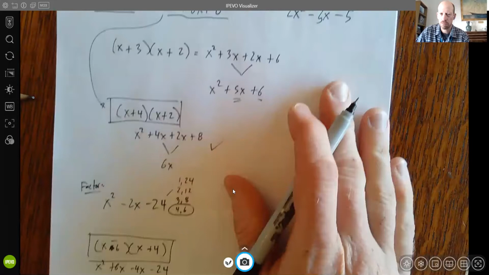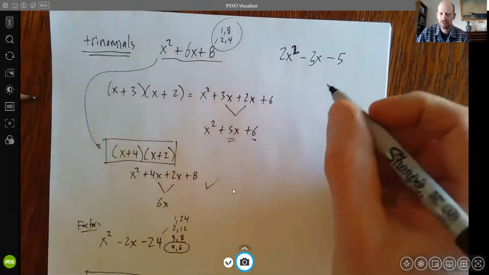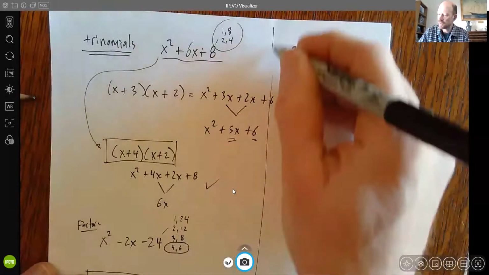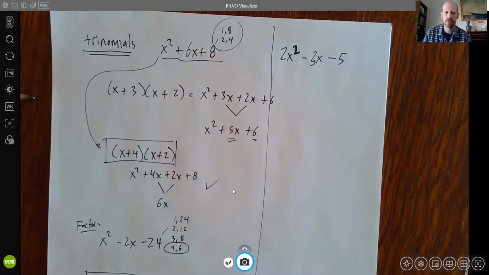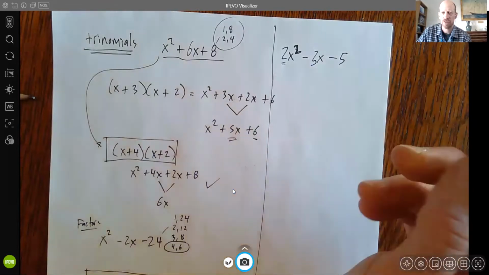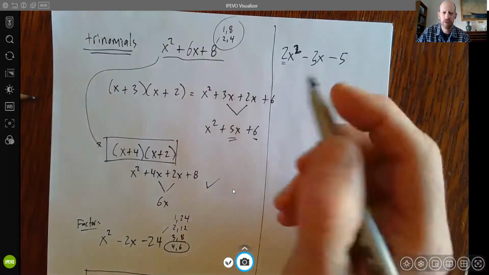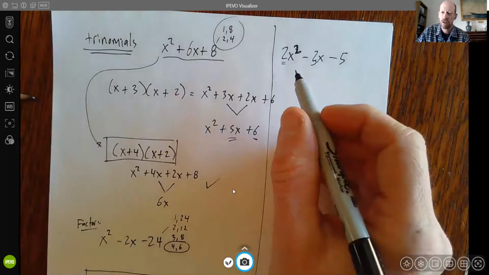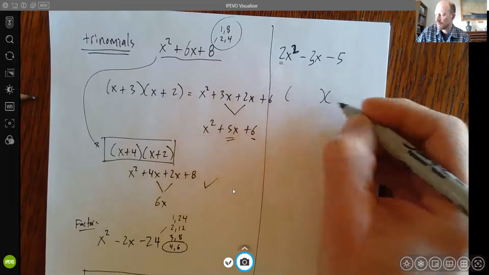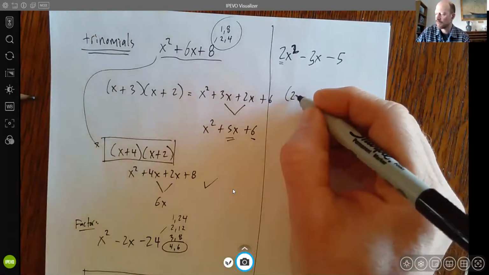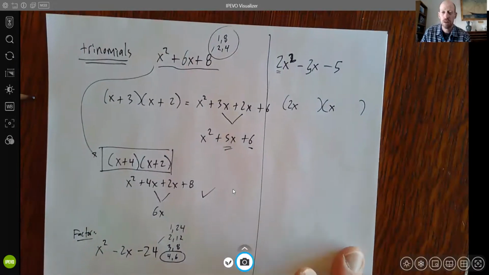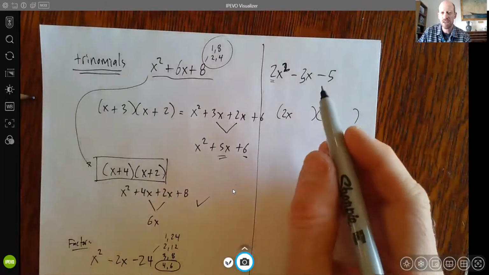Okay, so let's go back to this other original problem. And you'll notice it's slightly different than the last couple that we did. The difference, of course, is this 2 in front. All the others had just an x squared in front. On one hand, it's not too hard, because if I want to get a 2x squared, that just means one of these has to be 2x and one of these has to be x. That's not a big deal. But it does change